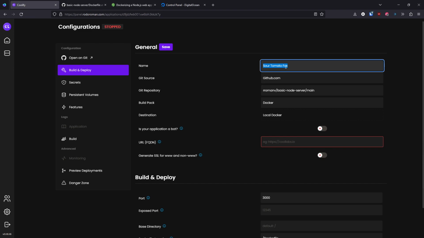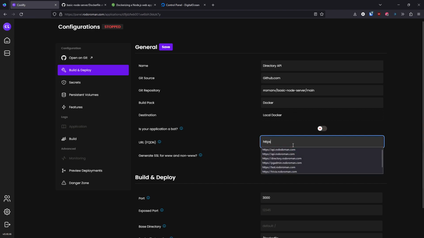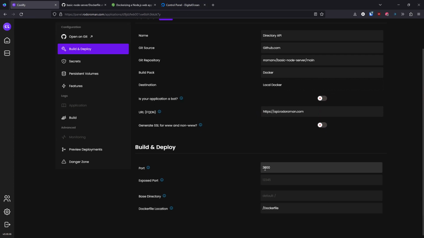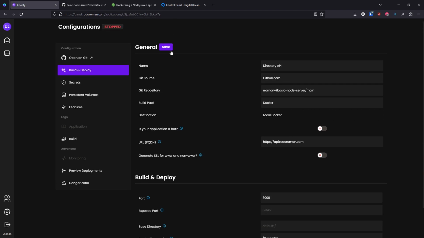Let's actually put the name, directory API. Let's call this HTTPS API .command. That's my case. Of course, this needs to be already in your control panel, your DigitalOcean. I will expose the port 3000. I will not use anything here, and the Docker file is already there. If I save it,